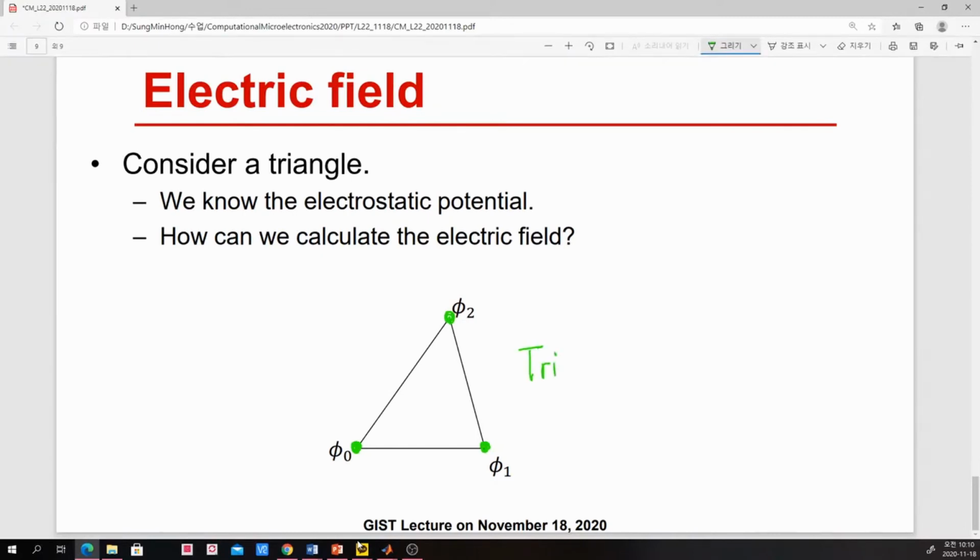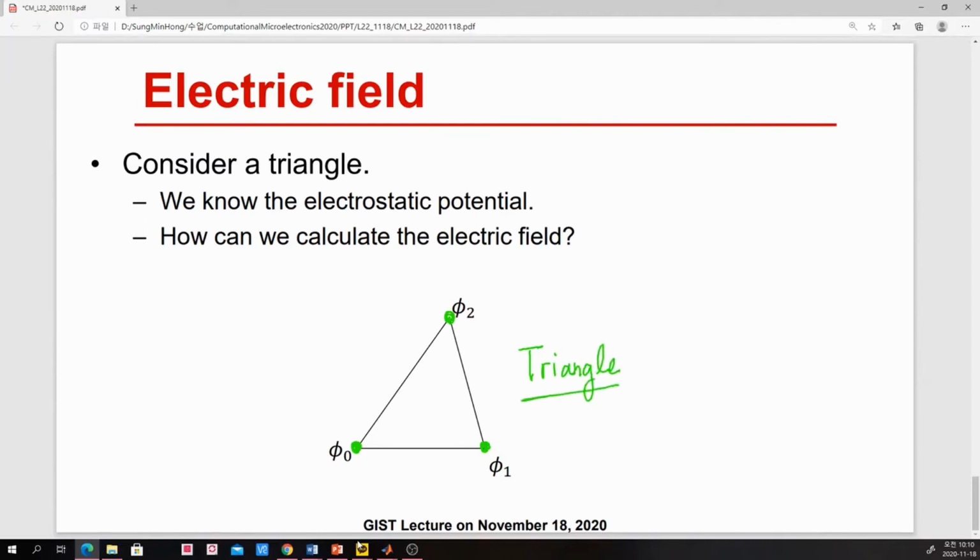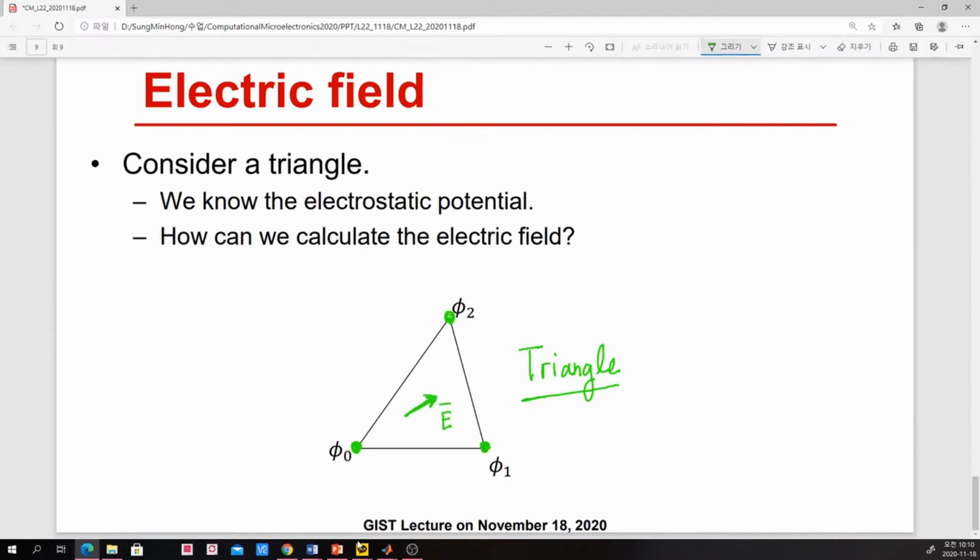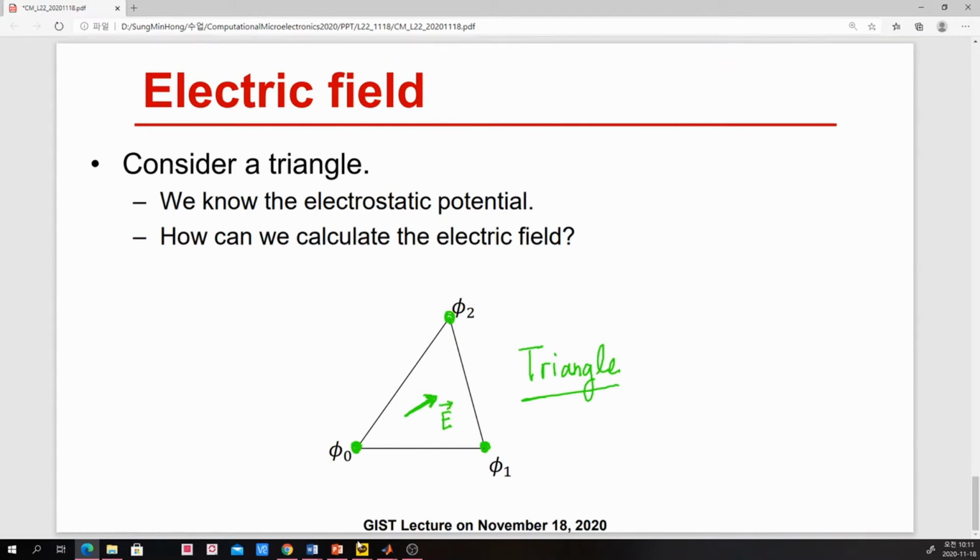Here we have a triangle. This is one example of an element. So triangle or tetrahedron can be an element. In this case, how can we define the electric field inside it? So that is a practically very important question, because